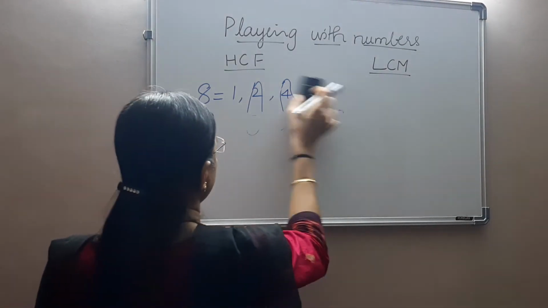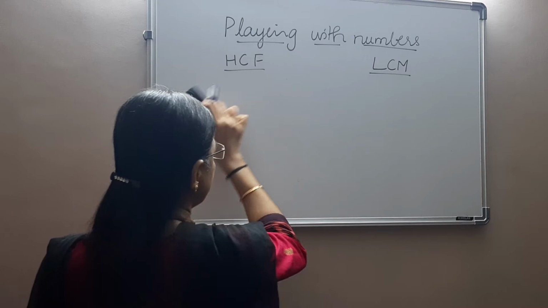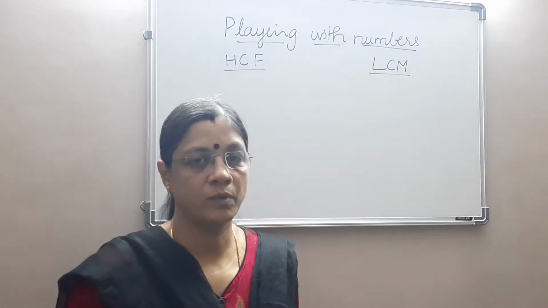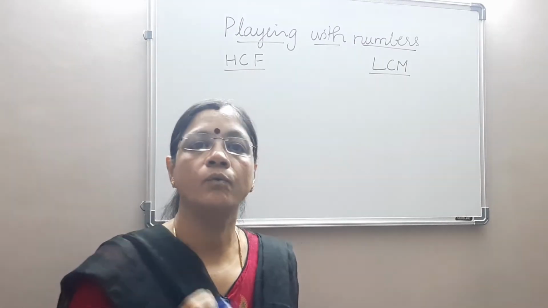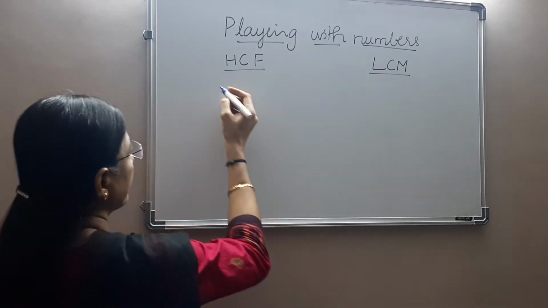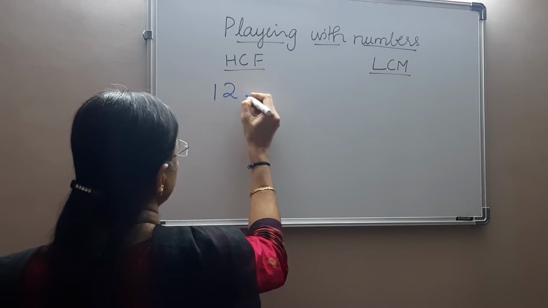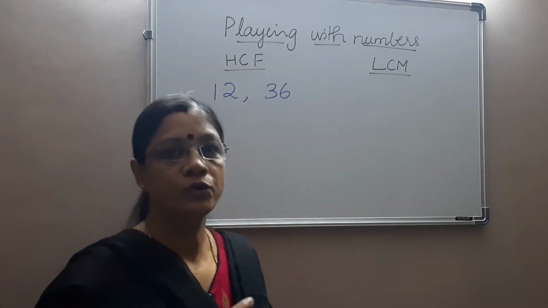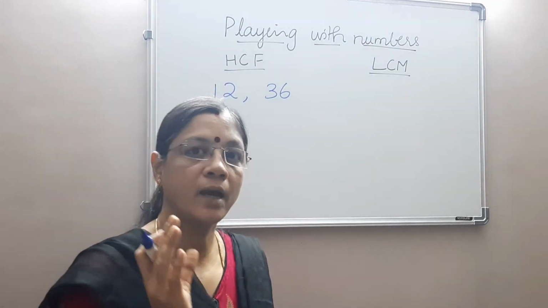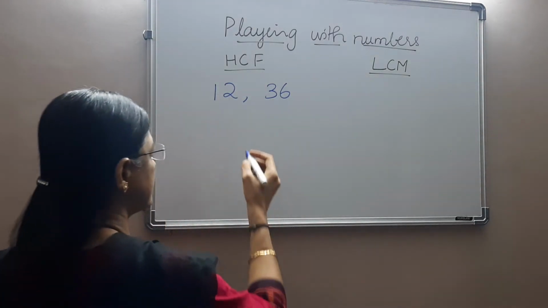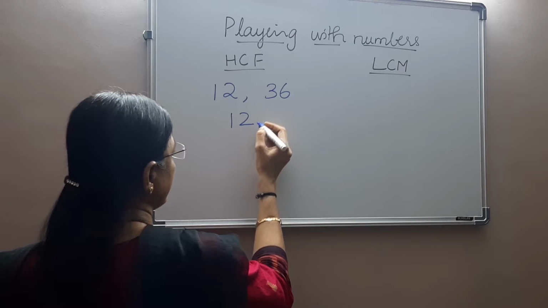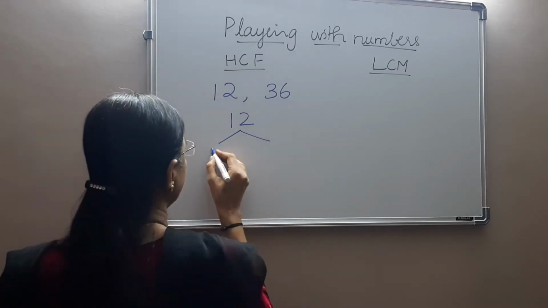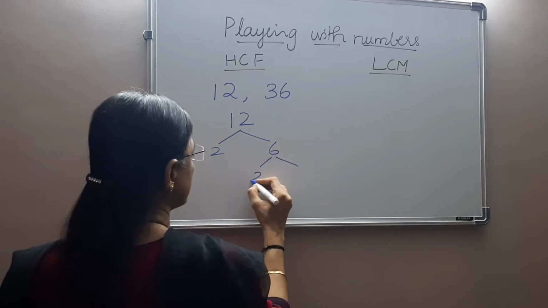Okay, so what is the next method of finding HCF? Obviously, we need to know the prime factors. We have studied about prime numbers, isn't it? So we'll go for prime factors. See, I take the HCF of 12 and 36. I see which is the highest common factor for 12 and 36. So I prime factorize. How do I prime factorize? I use the factor tree method. So 2 into 6, and this becomes 2 into 3.